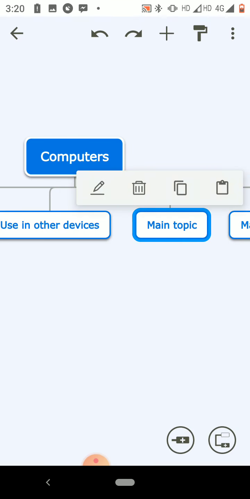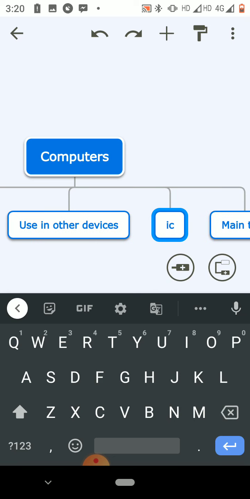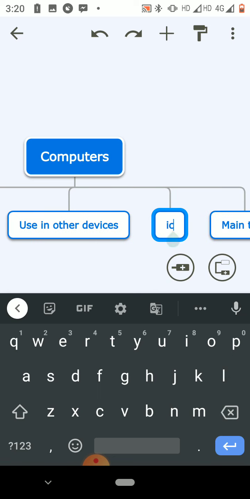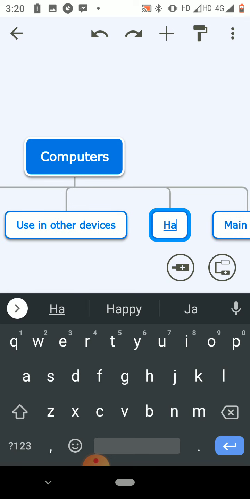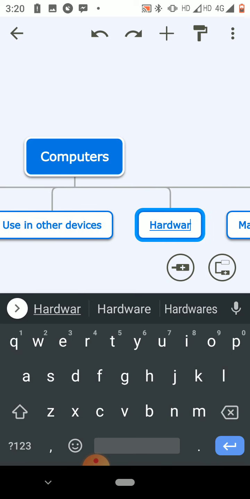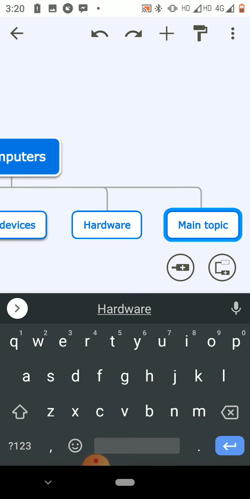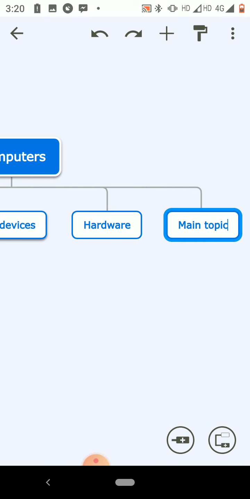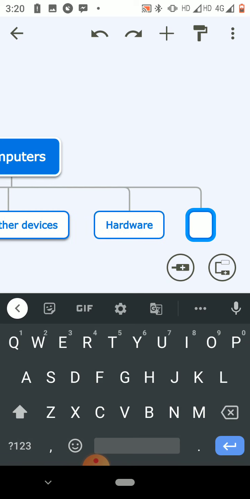Then my third topic, hardware. Then here I write use for various purpose.